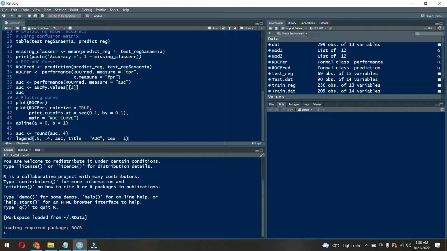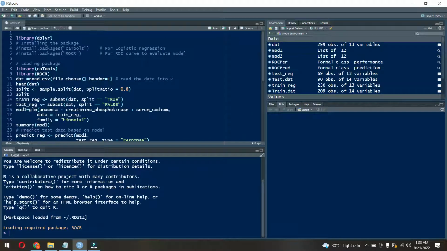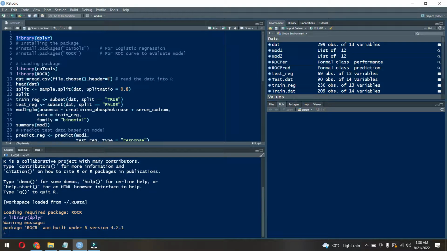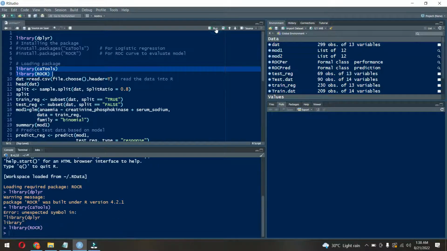So let's start with the heart failure dataset in our example, and we load the package dplyr first and the libraries caTools and ROCR. These three packages are required in addition to the packages we already installed. So we need these three packages for logistic regression,